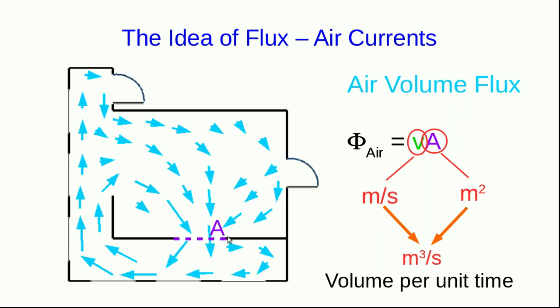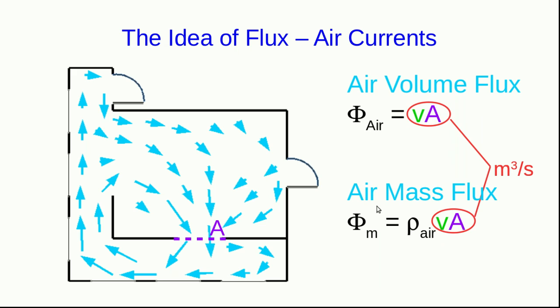Perhaps we don't want volume per unit time. If instead we wanted mass per unit time, all we would have to do is multiply by the density of the air, because that's in kilograms per meter cubed, and now when you multiply it by the air volume flux, you're going to get a mass per unit time of air flowing through the doorway. Note that just like the musician flux that we saw previously, this flux is proportional to a density and a